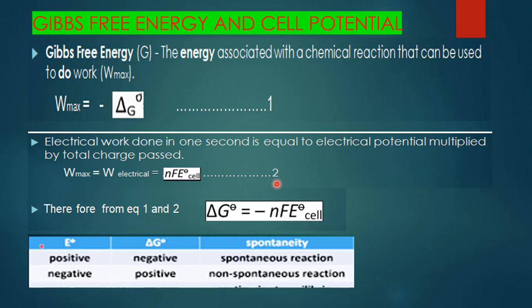You can see this one. Now, here if E naught is positive, the reaction is spontaneous. Delta G negative means spontaneous. Delta G, already we learned in class 11th, negative means reaction is spontaneous, delta G positive means non-spontaneous. But in case of E naught value, E naught positive means spontaneous, E naught negative means non-spontaneous. These two are opposite, you can see. Next, is it clear? This is the chemical energy, it is a chemical cell, W max.